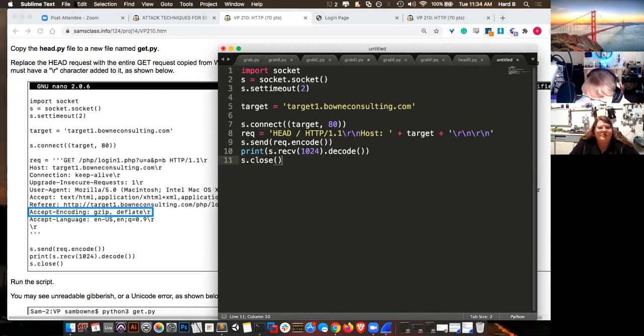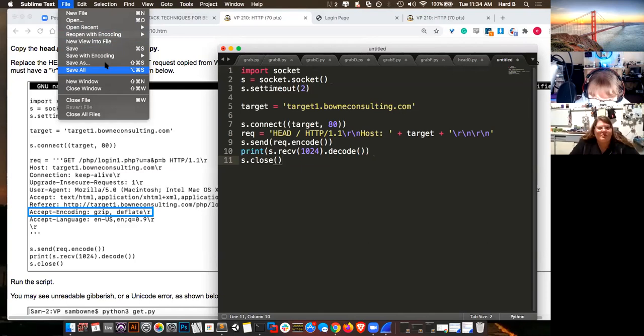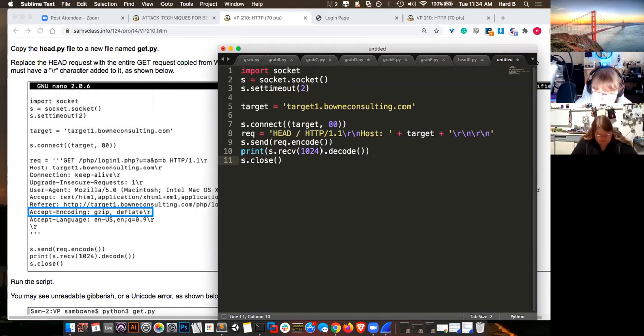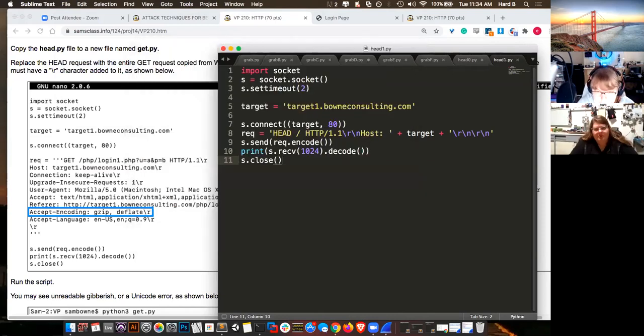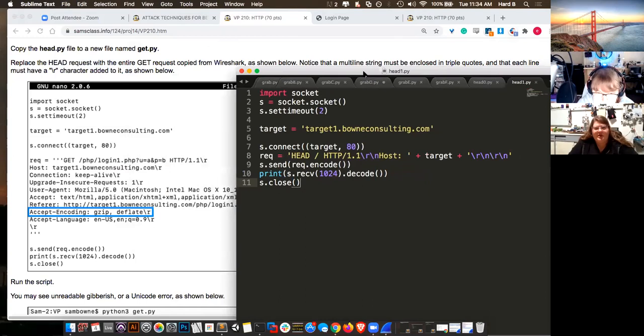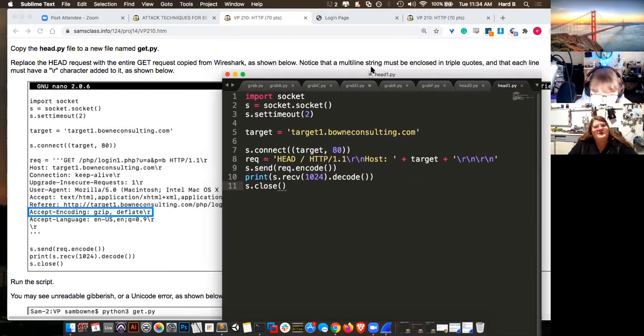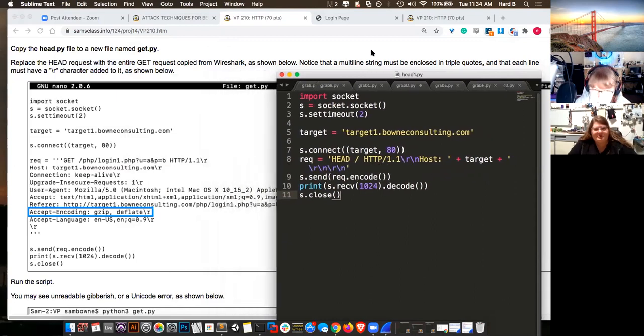Save that. So following along with the instructions, the next thing that we're going to do is edit this a little bit and change it. As you can see here in Sam's example,